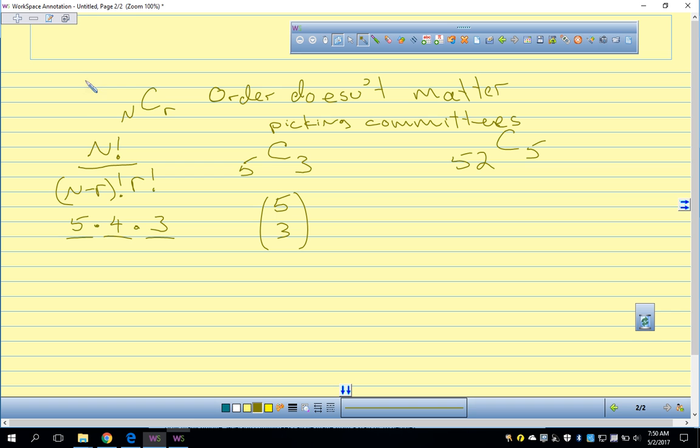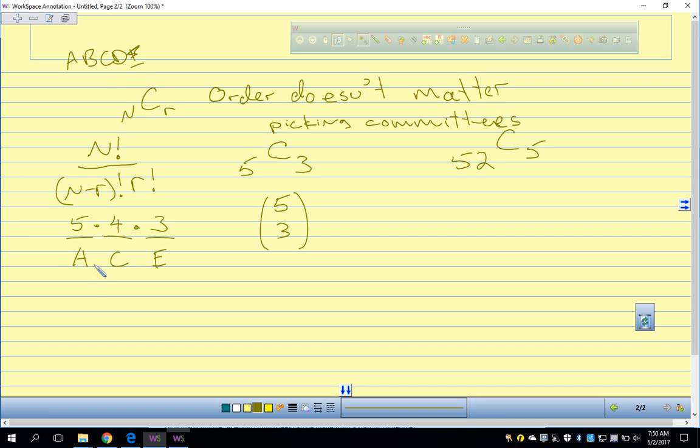So say I have person A, B, C, D, and E, and I chose person A for this seat, person C for this seat, person E for that seat. So there's 5 times 4 times 3 different ways that I could have arranged these